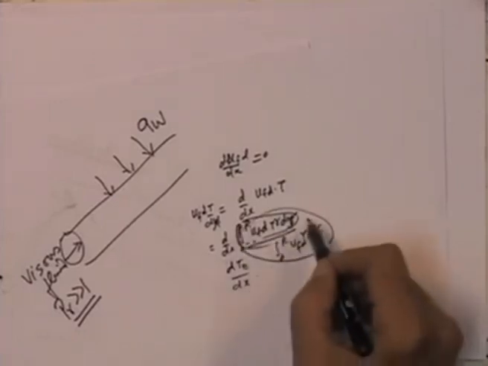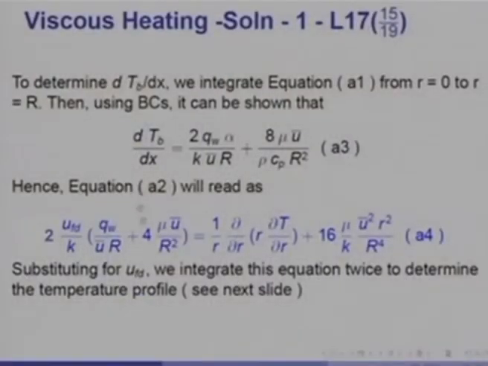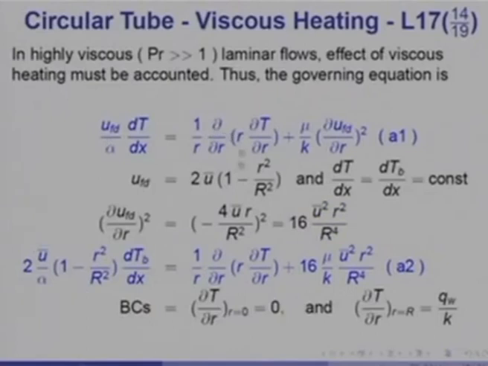this is the definition of T bulk, and this is a constant. Integral u bar r dr is nothing but the mass flow rate through the channel or through the circular tube. So, to determine dT bulk by dx, I would simply integrate this equation from 0 to r on both sides. The left hand side will give me dT bulk by dx. This I will evaluate because I will get r dT by dr at the wall and r dT by dr at the axis, which is 0, and I will substitute q wall, which is known from the boundary condition,